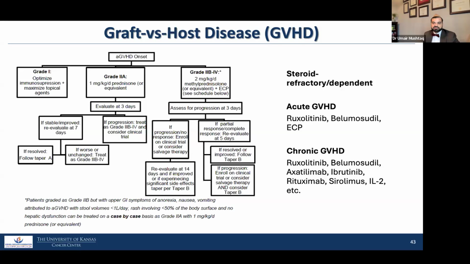Some of the older drugs are cyclosporin and mycophenolate, sirolimus, tacrolimus, but now we have 3 good agents recently approved. Some of that is available in Pakistan. For example, ruxolitinib or Jakafi is available, that is used in acute graft versus host disease. Belumosudil or Rezurock is also used. Photopheresis can be used. There are several other things, but none of those have good data to support it.